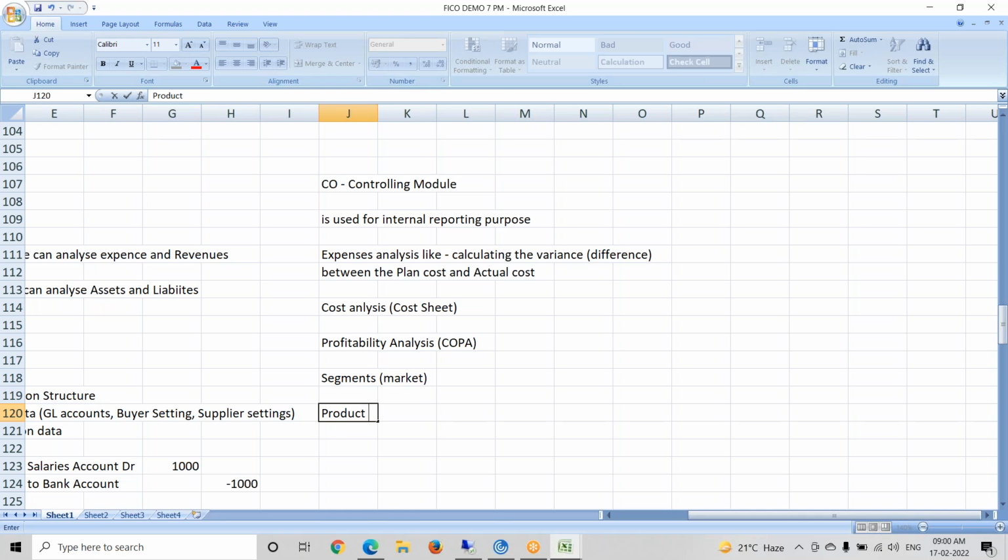What is MIS, make to stock and make to order, what are those processes, what is the difference between these two, everything will be explained as standard SAP has explained about product costing. That knowledge I can give to you.